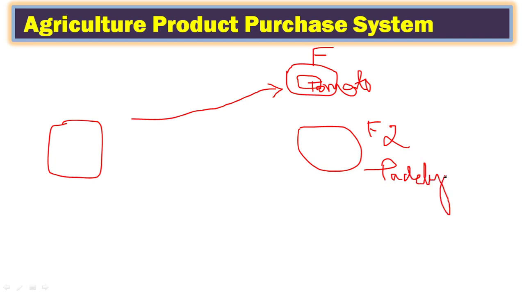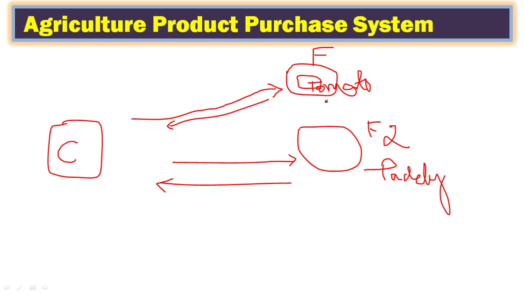In order to grow paddy, you require fertilizers, pesticides, and seeds. All this will be provided by the company. So the company will provide everything to the farmer. Once the farmer makes the crop ready, the company will buy the crop from this particular farmer and pay the money. Same in the case of tomato, they'll buy the tomato and make the payment. So this is the whole idea. This is how the project works.